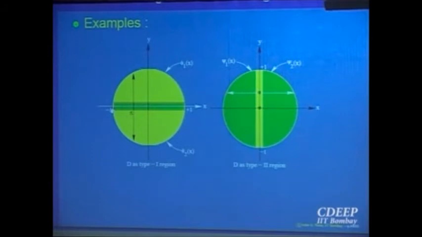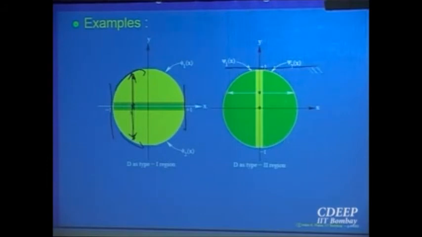So x goes between minus 1 and 1, this is type 1, and for y, at any point, if you take x here, then y goes from this curve to this curve, and the equation of that curve you know, right? From x square plus y square equal to 1, so this curve is minus square root of 1 minus x square, and this is plus square root of 1 minus x square. You are computing y in terms of x.